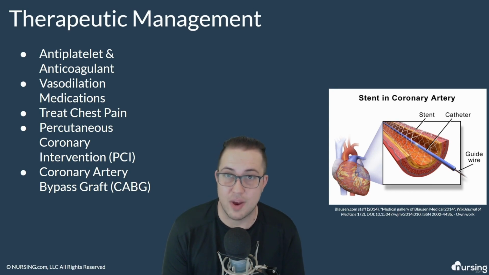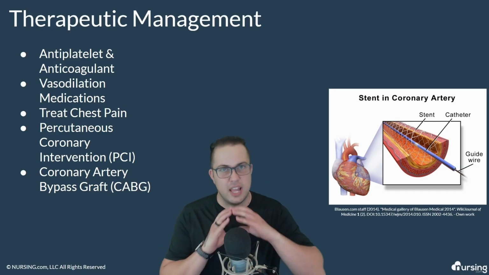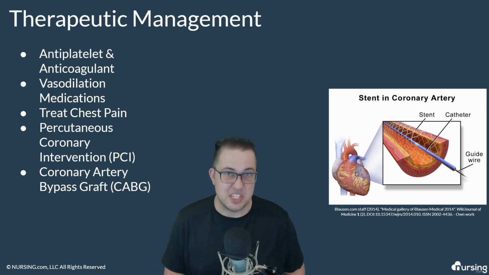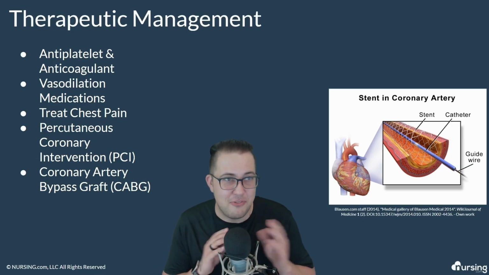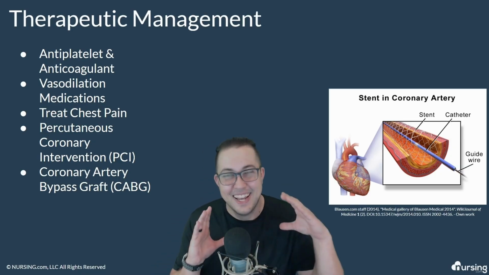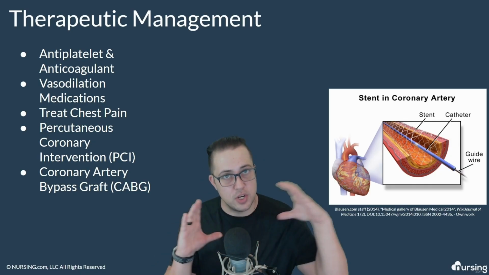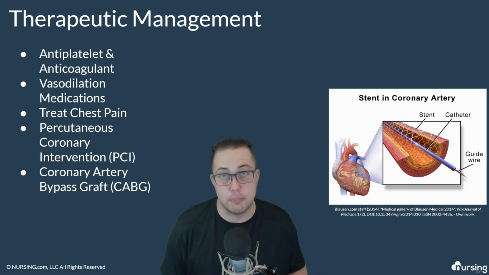Basically, they go in threading a small catheter up through the groin or through the arm up into the coronary vessel itself. They're able to inflate a balloon within that vessel, which basically squishes all of that fatty beaver deposit up against the vessel wall. It squishes it up against the vessel wall, and then they deploy a stent, as we can see in this image, to keep that vessel open and maintain patency of that vessel.